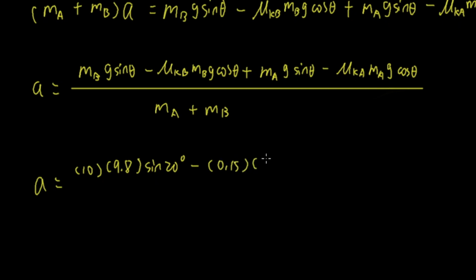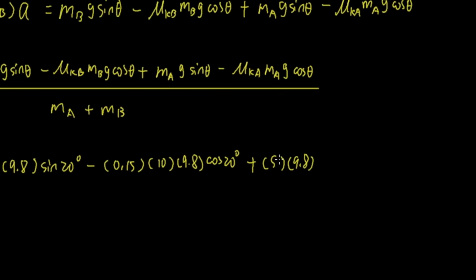Mass is 10 times 9.8, gravity, cosine 20 degrees, plus mass of A is 5, gravity 9.8, sine 20 degrees,